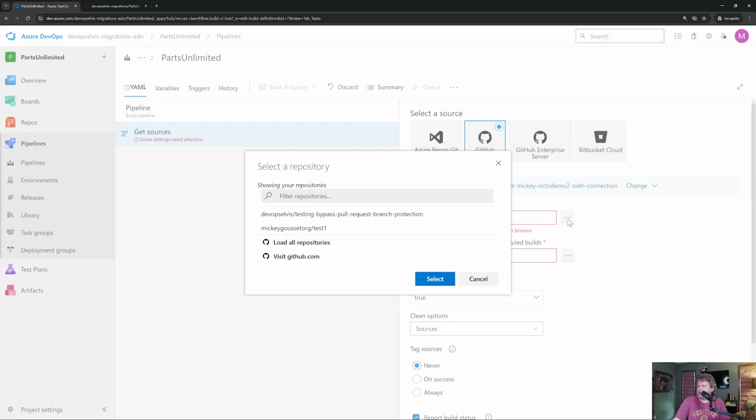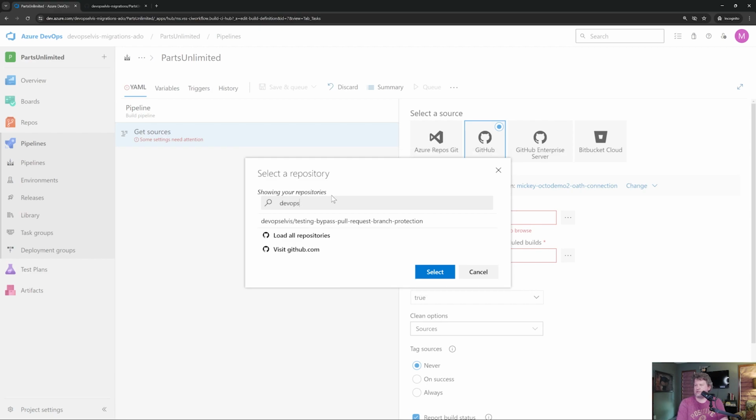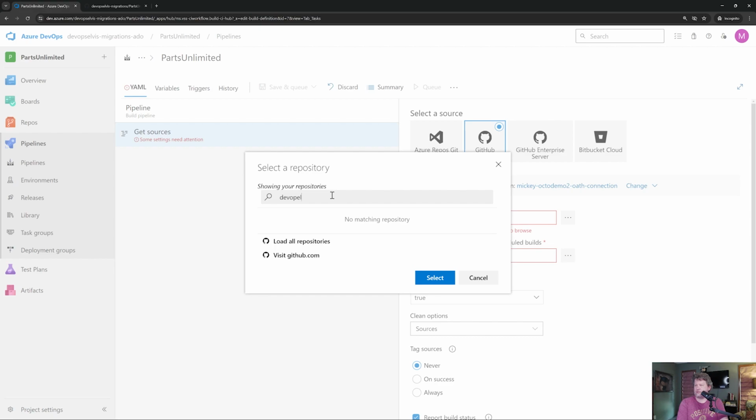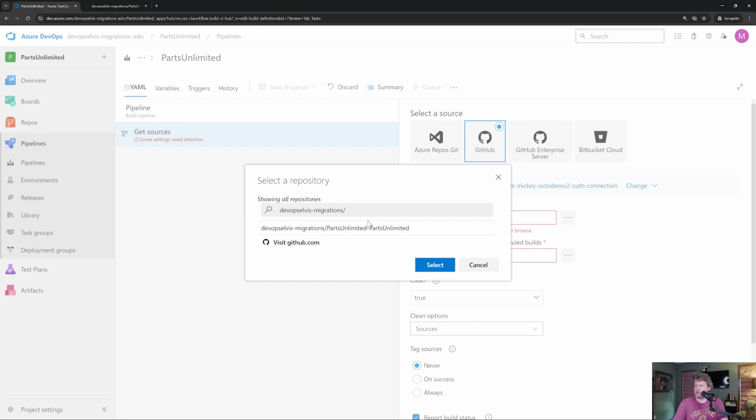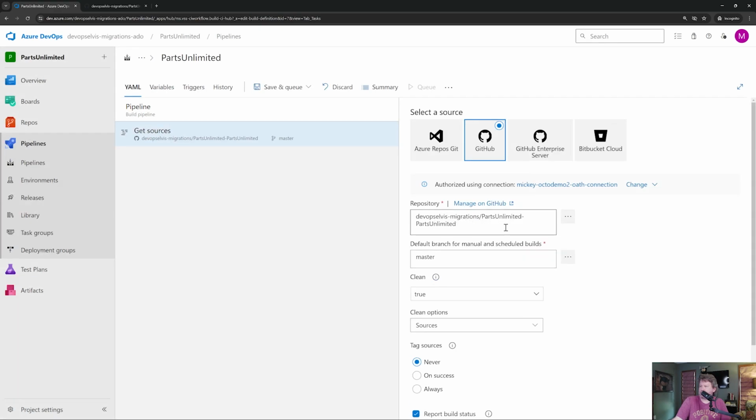And I can come in here and say, okay, let's select, let's see, we want the DevOps Elvis migrations. All right, so let's load all my repositories. Oh, I misspelled it. DevOps Elvis. There it is. So there's my Parts Unlimited repository. So I'm going to select that repository,